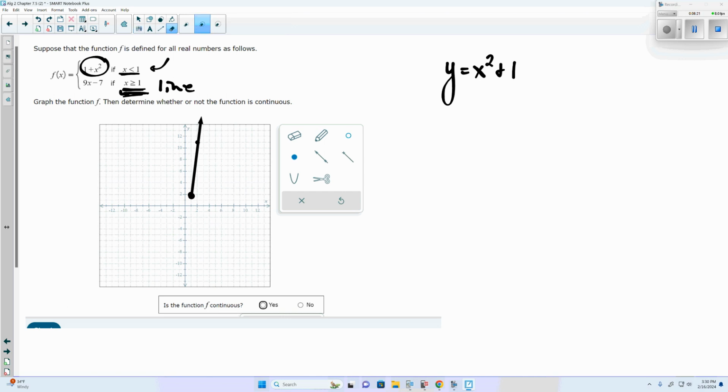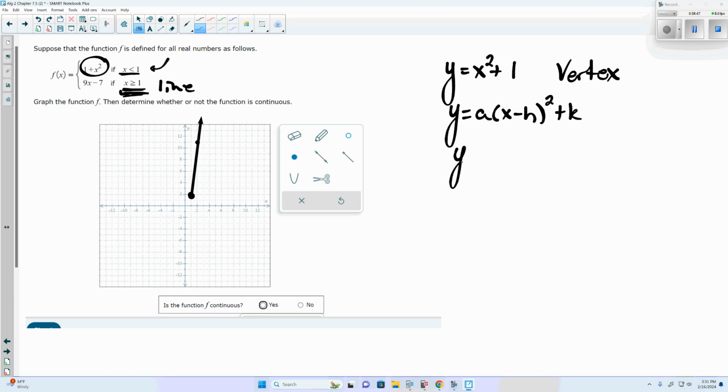And for these here, when we graph a quadratic function, we need 5 points. 5 points on a graph. The center point we always look for is the vertex. The vertex is our smallest point. Now there are 2 ways we can get to that, and one of them is using vertex form: y is equal to a times (x minus h) squared plus k. Or if we have it in standard form, ax squared plus bx plus c. Now technically this is in vertex form, our top form,